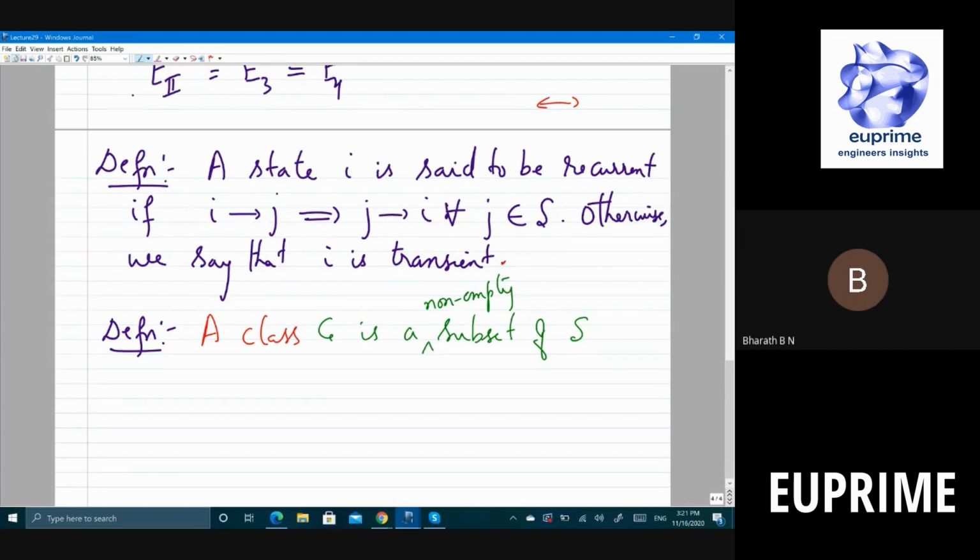Non-empty subset of states, such that if you take I belonging to C, and you take any state J not equal to I, then